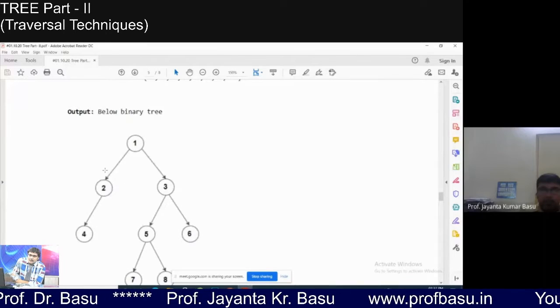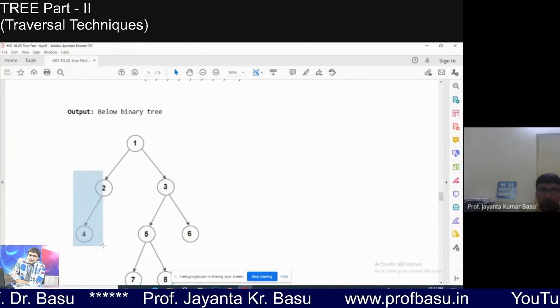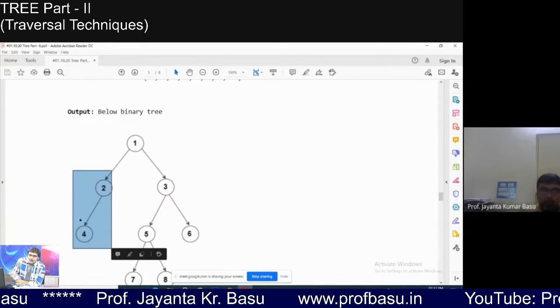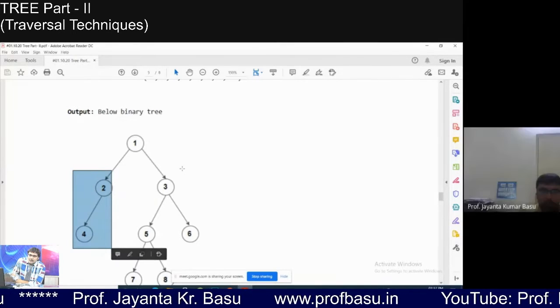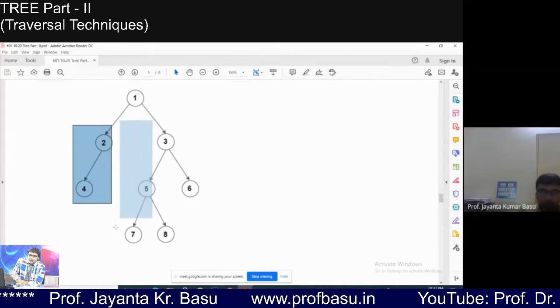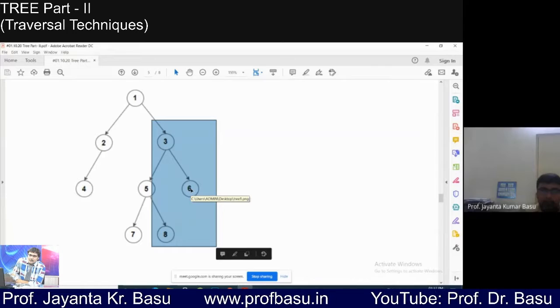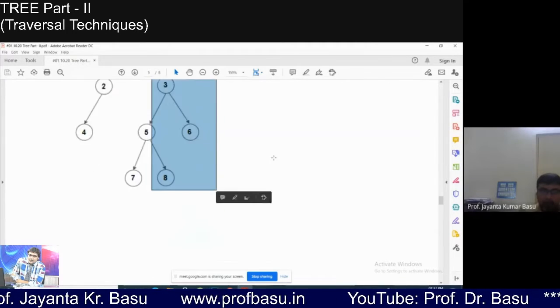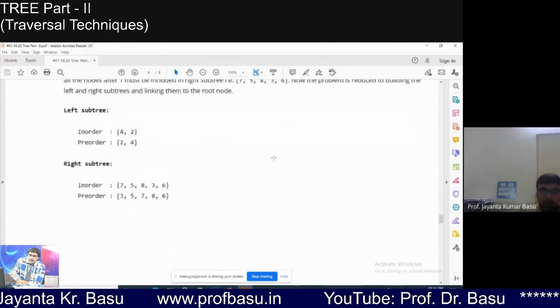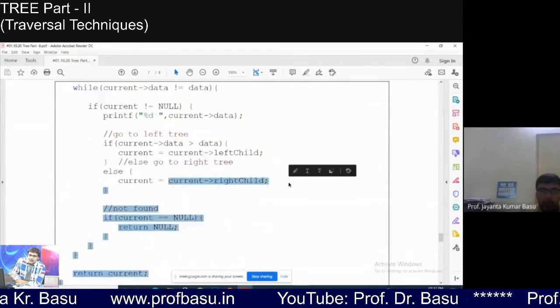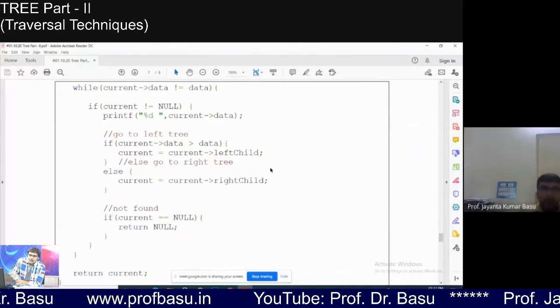Let's see, this tree has no 2 and 4, so the current will be null. Then we have to search the right part to see if we can find the data there. So in the else part, it is written current is current arrow right side. Got it? This is what it is.